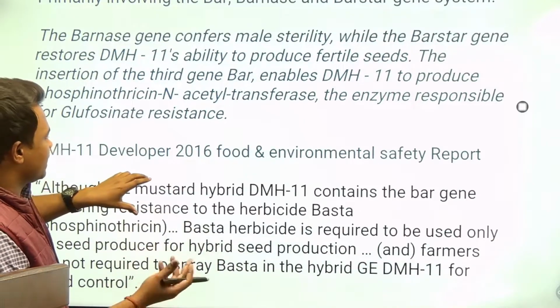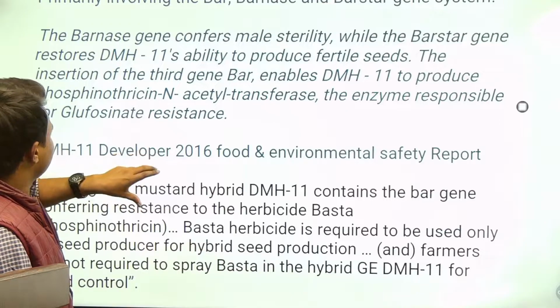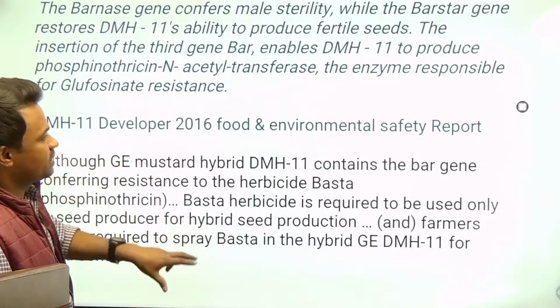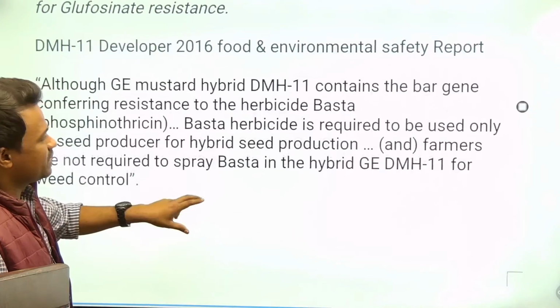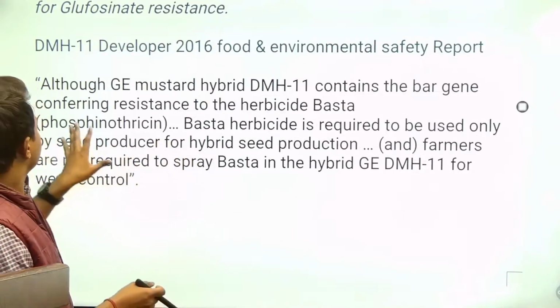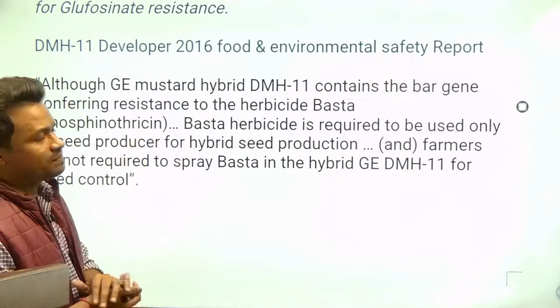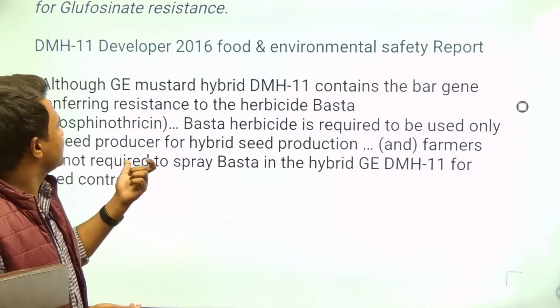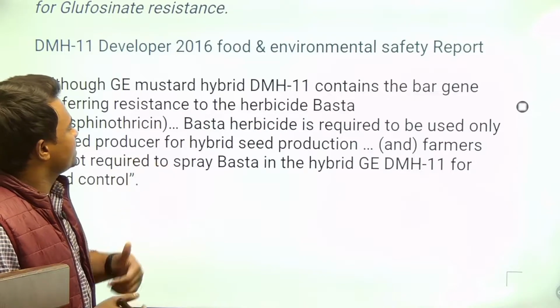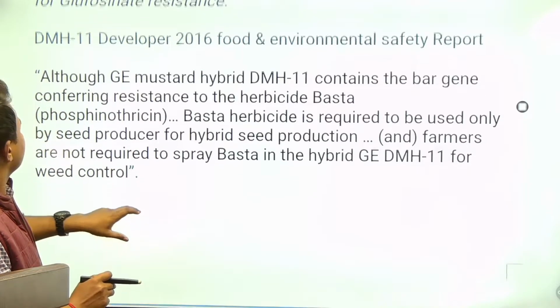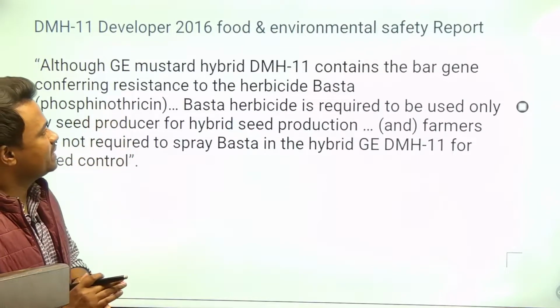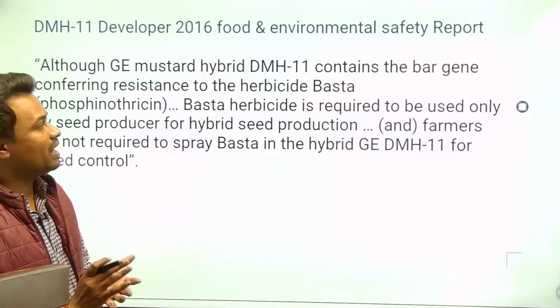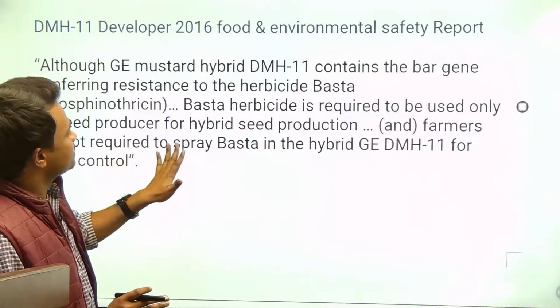Okay, we'll understand how it works. The DMH11 developer, in 2016, gave a report that is very important, so I will quote it. According to their safety report, which they presented to the Genetic Engineering Approval Committee, they mentioned that although the GM mustard hybrid DMH11 contains the bar gene conferring resistance to the herbicide